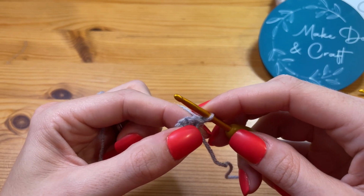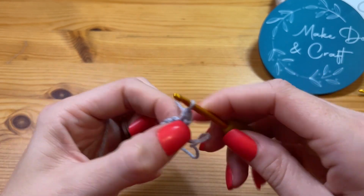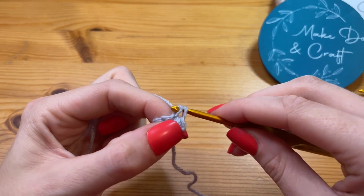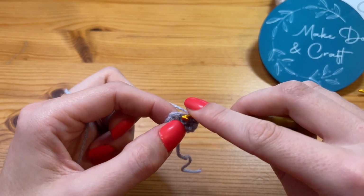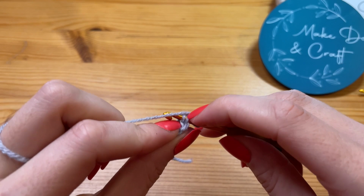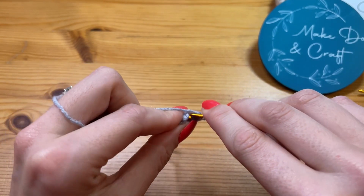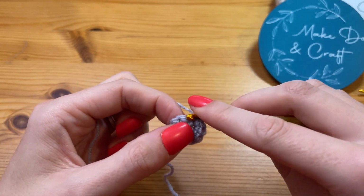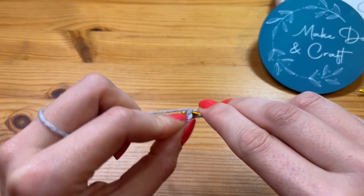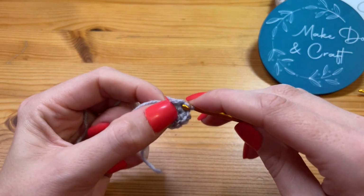Then starting in this first stitch here, we're going to work a single crochet into each of the next 2 stitches. So that's 1 single crochet and 2 single crochets, and then into the next 2 stitches we're going to work an increase. So work 2 single crochets into each of the next 2 stitches. So that's 1, 2 into that first stitch there, and then 2 into the next stitch. So we've got our 2 single crochets followed by 2 increases, and then we're going to finish this off with 2 more single crochets. So 1 in that first stitch and 1 in that final stitch space there,